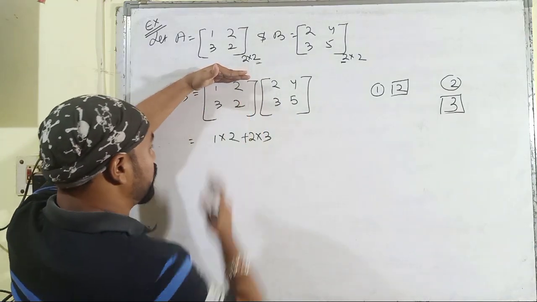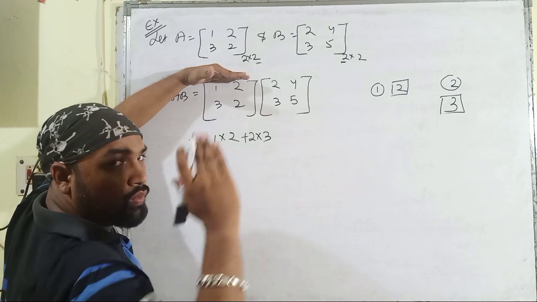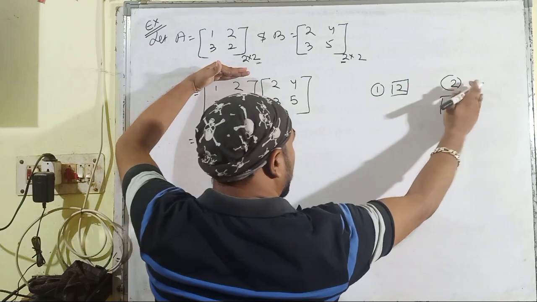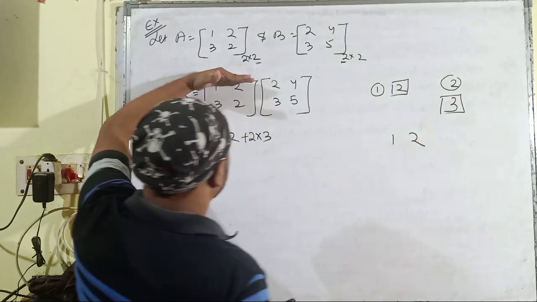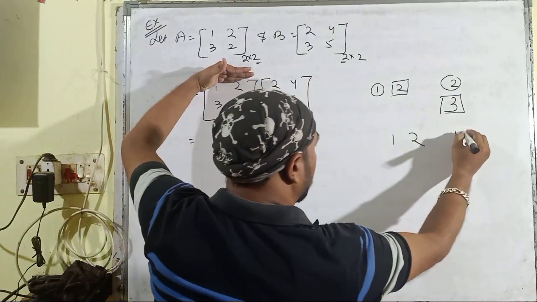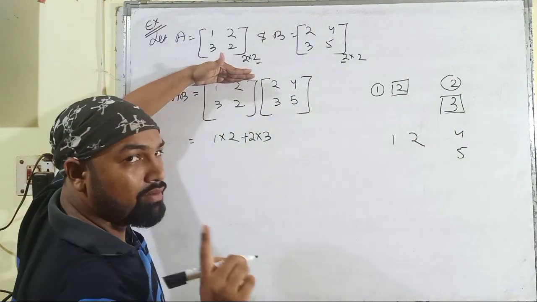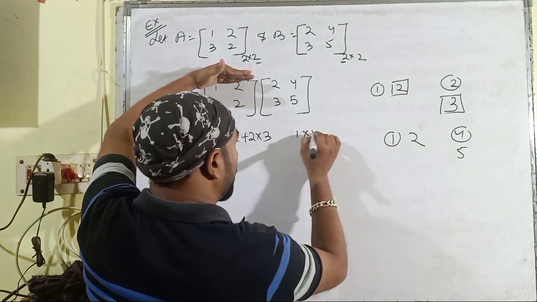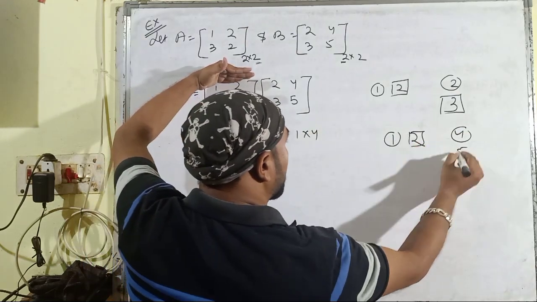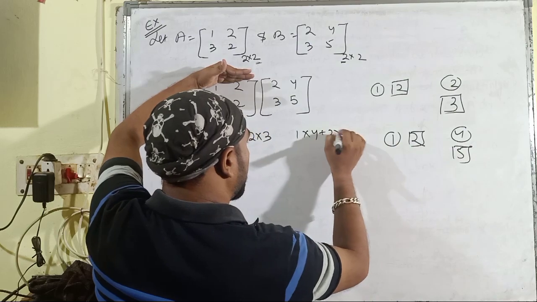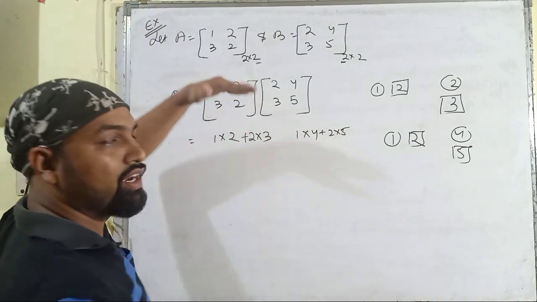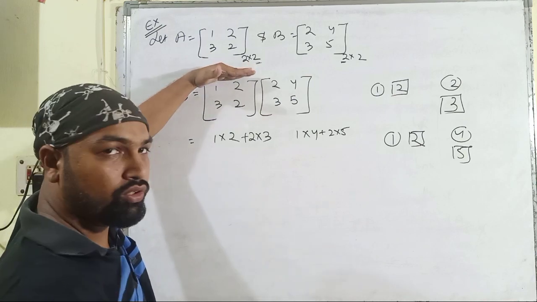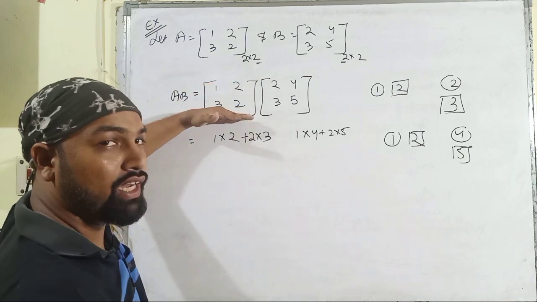Then we fix our left hand here, but we move the right hand from left to right. That means again 1, 2 will be multiplied with 4, 5, with the corresponding elements multiplied with each other. That means 1 will be multiplied with 4 and 2 will be multiplied with 5, and their multiplications are added. So the job is done for the first row. Then we have to move to the second row.